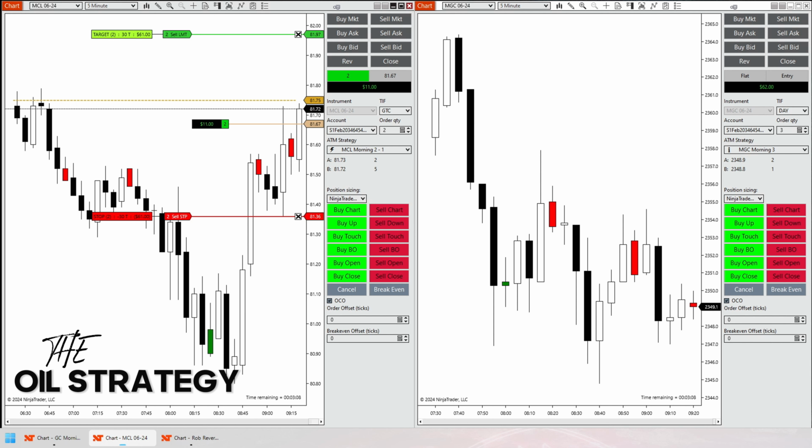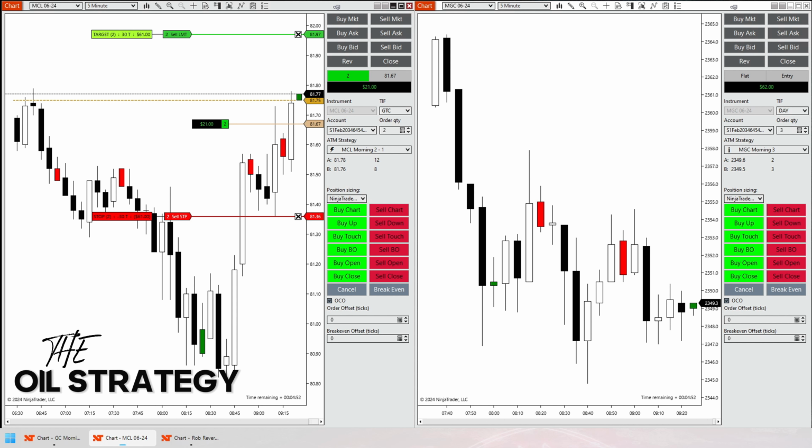Okay, and here is our setup for oil session 2. We get activated off of the red inside bar that you guys can see right to the left of our entry candle. And again, our source bar is the white up bar that is right left of that red inside bar. So our stop loss goes to the bottom of that source bar. Based on that stop loss, that is now how we determine our take profit. And right off the gate here in oil session 2, this is exactly the type of momentum that we are looking to see out of these inside bar setups.